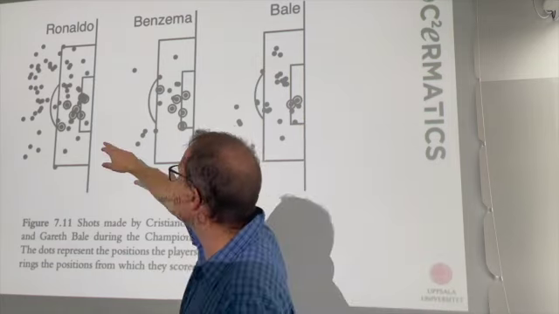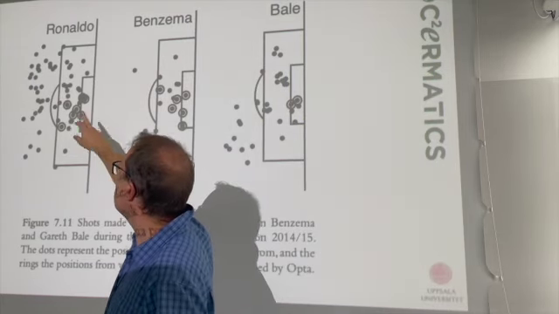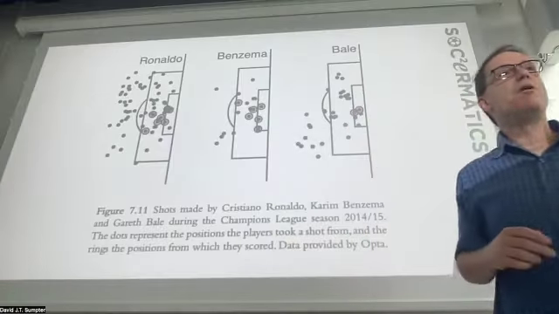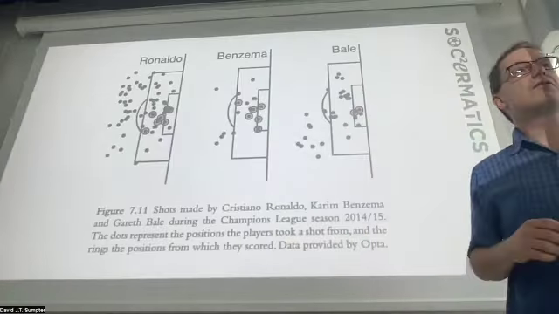In this Champions League season, he had over 30 shots from outside of the box. Not one of them was a goal. And very clearly, there is an advantage to shooting closer to the goal. I suppose this should really come as no surprise, but we see that Ronaldo's goals do typically come from this